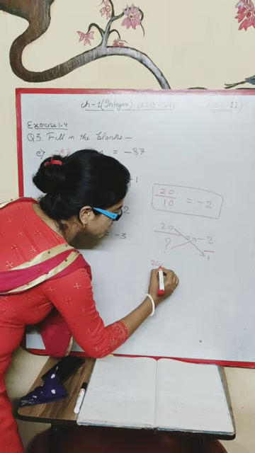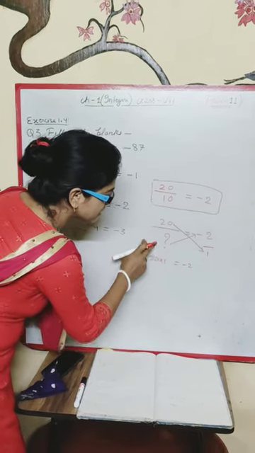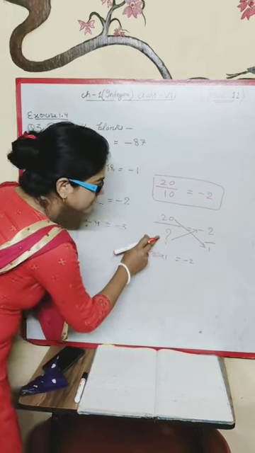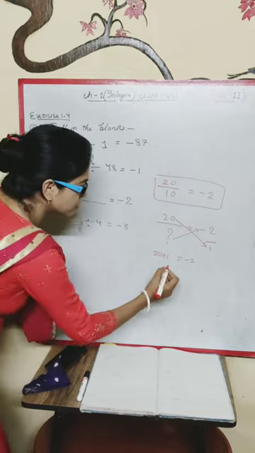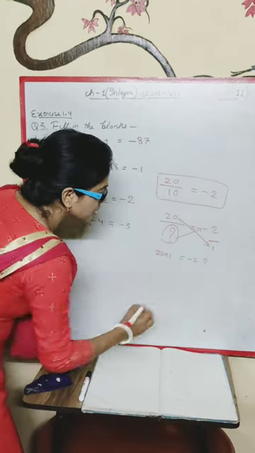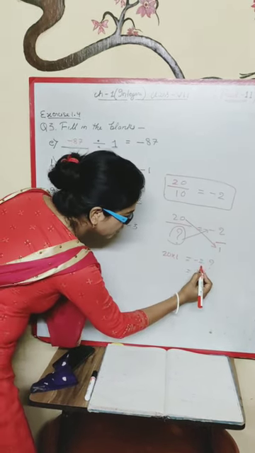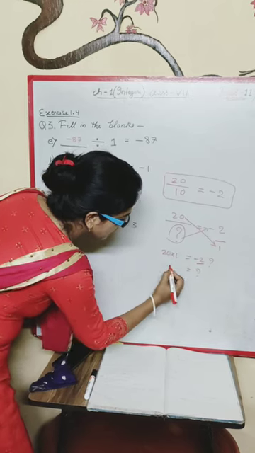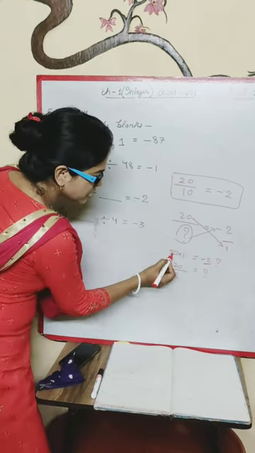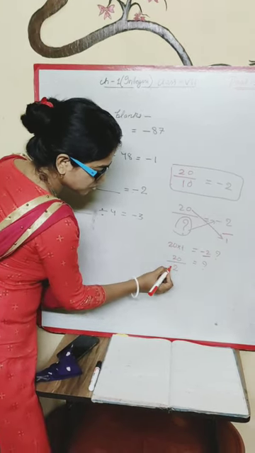So 20 into 1 is equal to minus 2. Nothing is there, it means here also 1. We have to find this. So what we have to do, this question mark is of question mark. Understood? So we have to find this blank part. So what we have to do, this minus 2 will come here. 20 into 1, that is 20, and this 2 becomes here, minus 2 will come here.